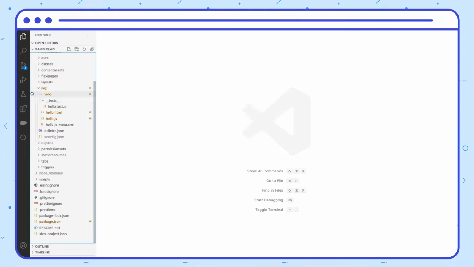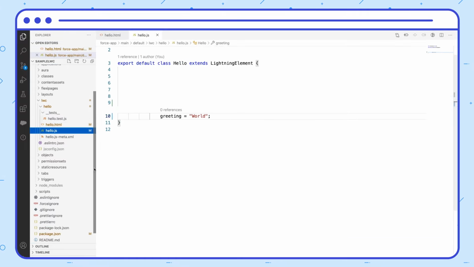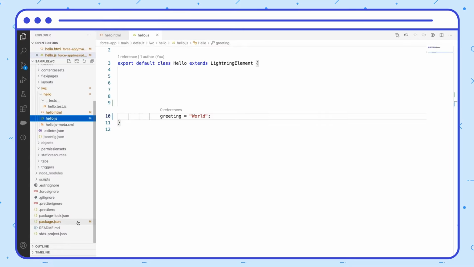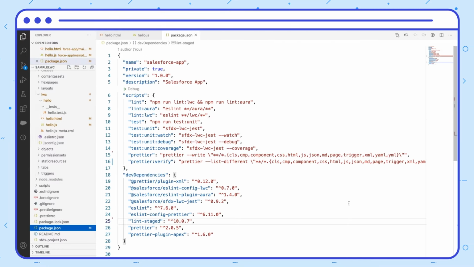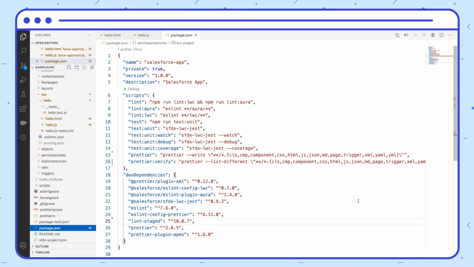Okay, let's now check the code. It is a pretty simple code, but it is badly formatted with improper indentations. We are going to fix it using the pre-commit hook in a short while. When you create a Salesforce DX project, it creates a package.json file with some scripts and npm dependencies listed in it. You can find a script to format your code using the Prettier plugin. You can also find scripts to run your LWC tests. Now, let's see how we can automate the process of formatting and testing while we commit the code using Husky.